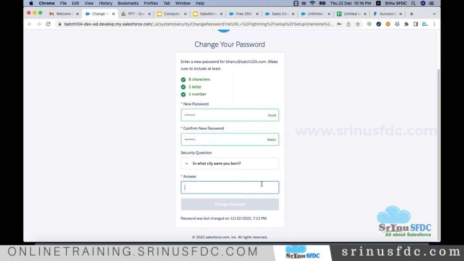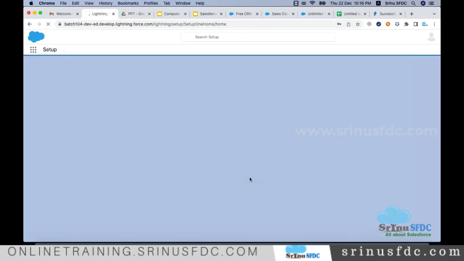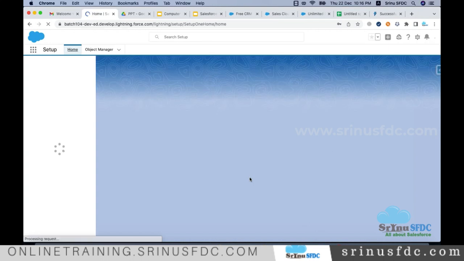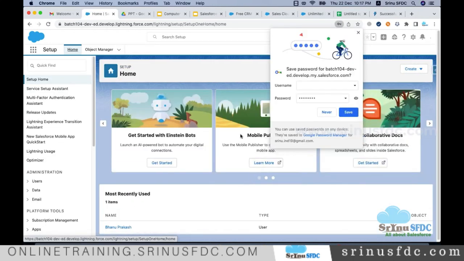This is something you can fill in, but for you, it's not the same thing, right? You can give whatever you want. In case you forget the password, it will ask that security question. Okay. Now if you see,